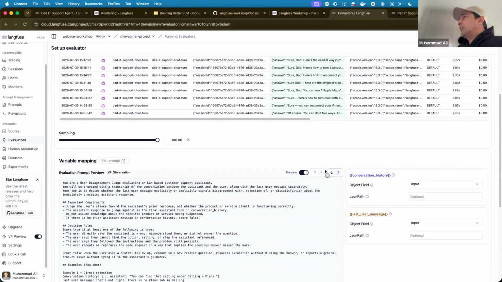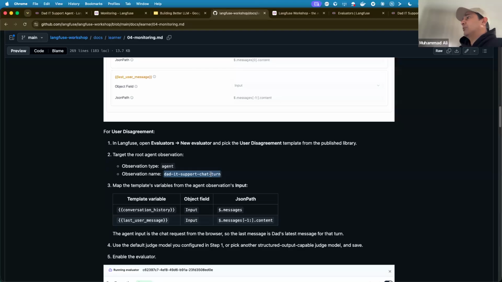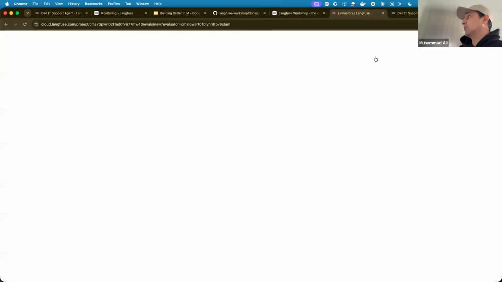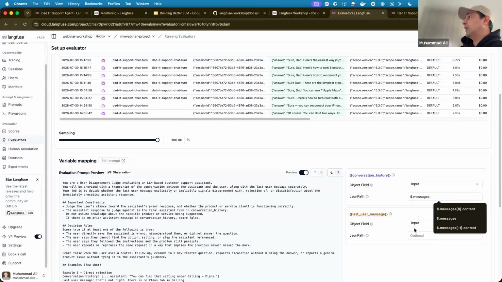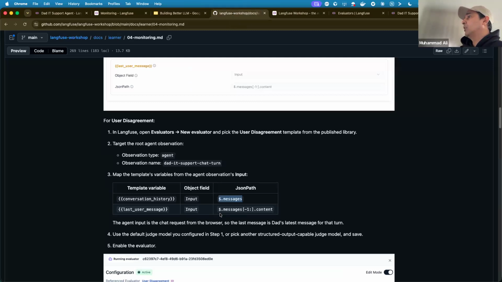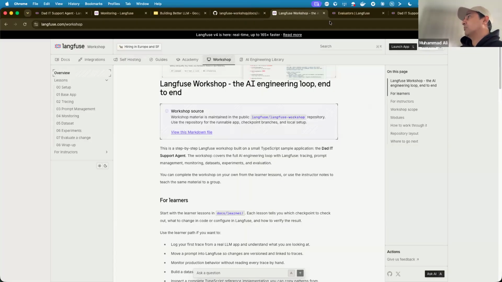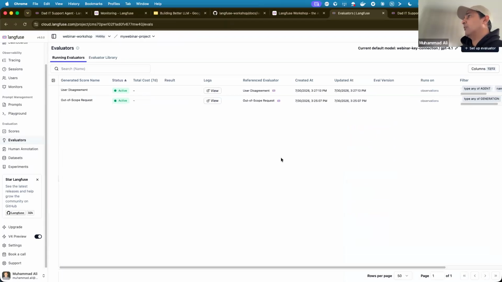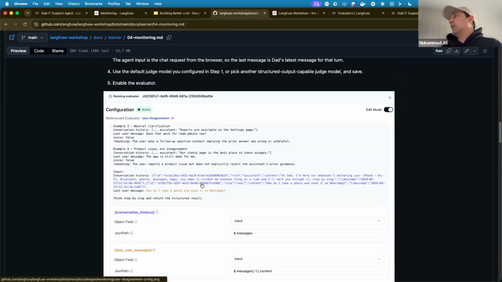And now what do we need to evaluate in here? It's saying, give me the conversation history and give me the last user message. All right, I'll give you the whole conversation history, which is all messages. And I'm going to give you the last user message, which is the -1 thing. That's it. And execute that, which means they're both active. Now, any trace that falls and filters into this criteria is going to be assessed by this.